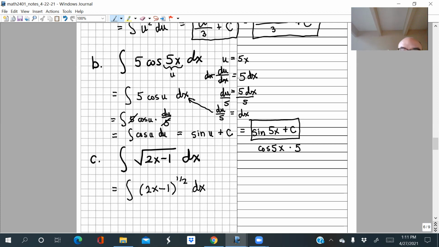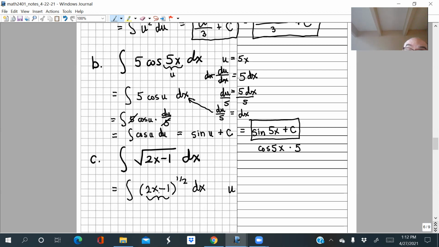And now here's the key thing you have to notice. This is really the hard part of the problem. The rest of the problem is really just algebra and arithmetic. The hard part is noticing, here I have an expression. It's not just x. I have an expression raised to a power. Oh, when I have an expression raised to a power, that's an opportunity for substitution, right? If it were just x raised to a power, that would be easy to integrate. You would just use the anti-power rule. But here, it's unfortunately a little bit worse than x. It's 2x minus 1 raised to a power. So I will do substitution.